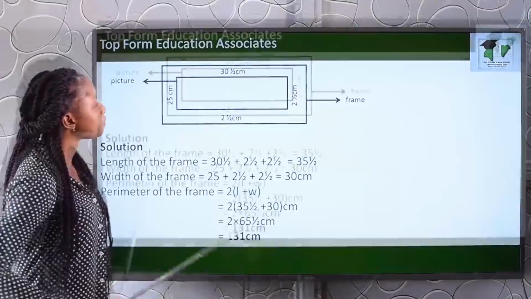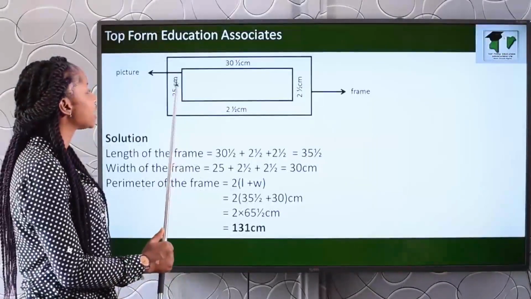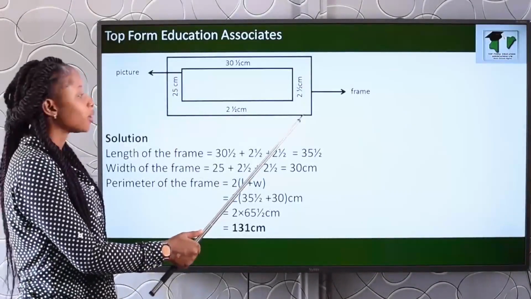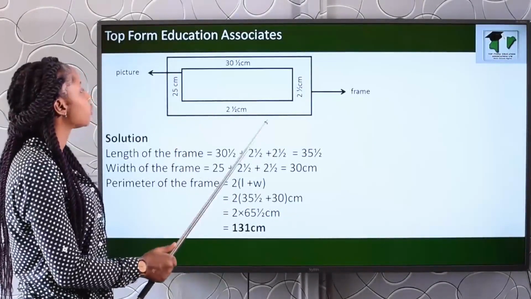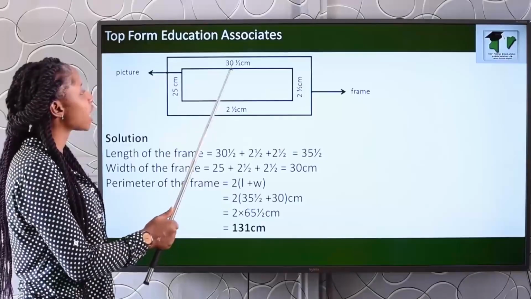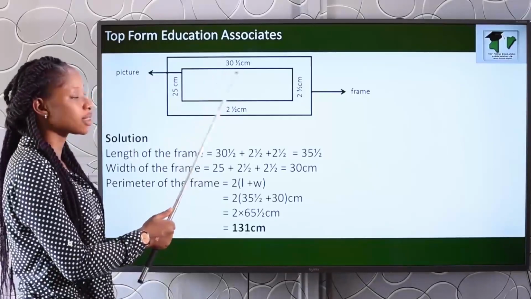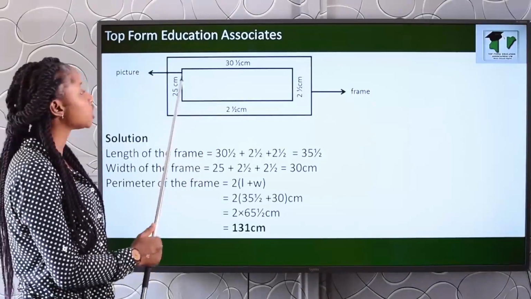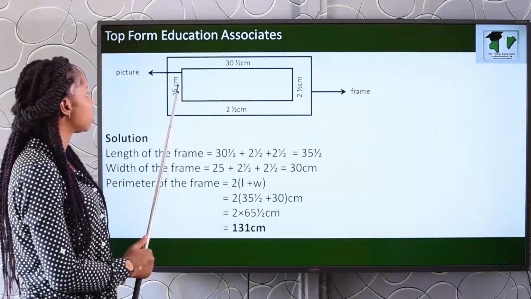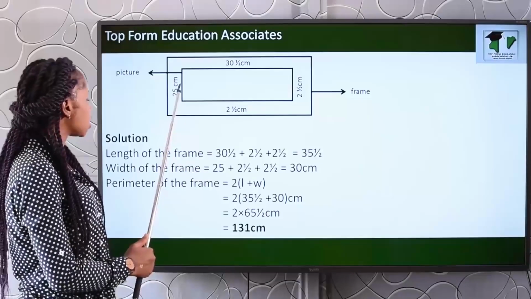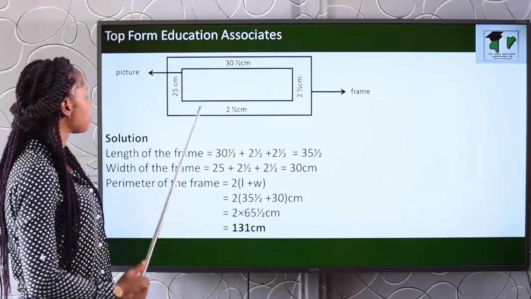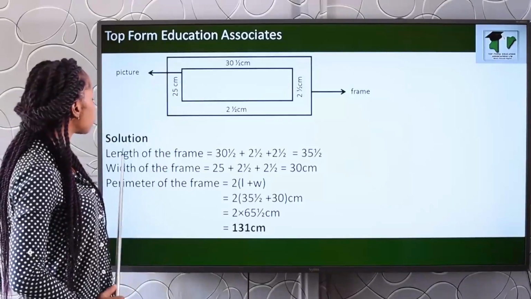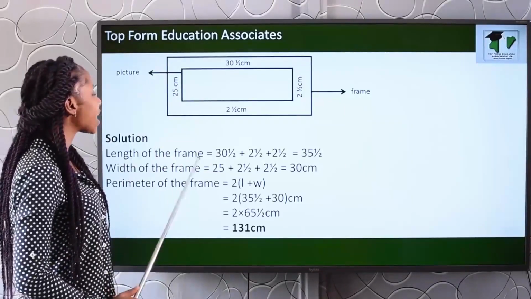Now, solution. Let's take note of this figure. This is the picture and this is the frame. The picture measures 30.5 centimeters, which is the length, and 25 centimeters, which is the breadth or the width. Now we're asked to find the perimeter of the frame. So the first thing to do here is to add to the length,